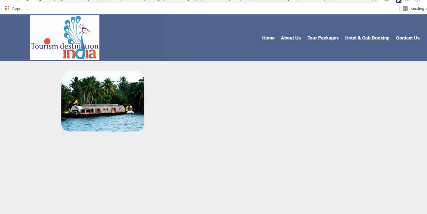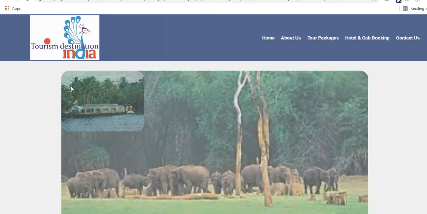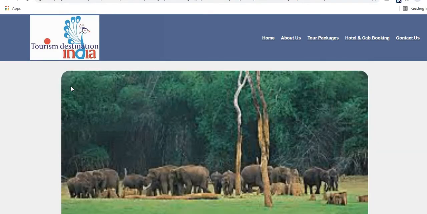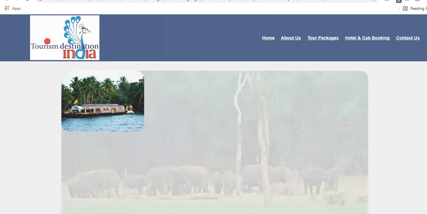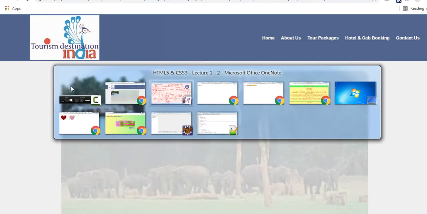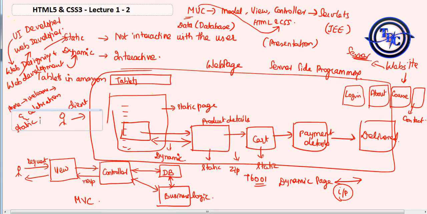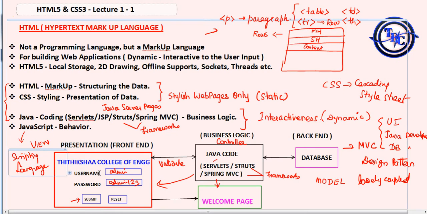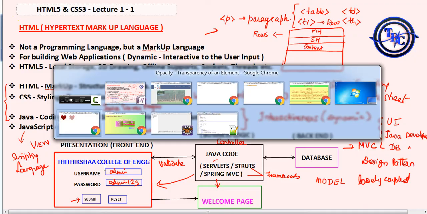So these are said to be static pages, and this doesn't form a website. It should be interactive. We'll show how it is made interactive. I told you this example, right? The user is giving login credentials. If it is validated and authentic, it will take them to the welcome page, or otherwise it will return the user to the login page itself. We will see an example of this with the help of servlets.